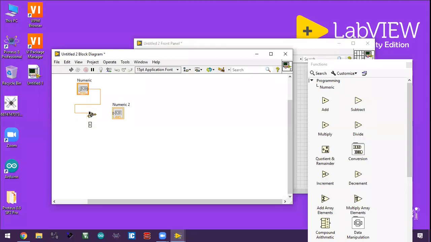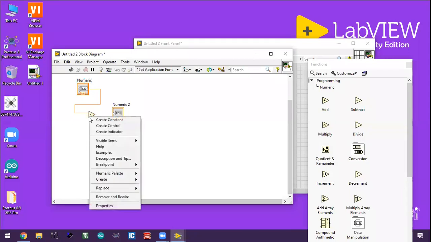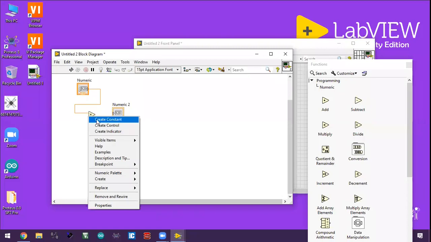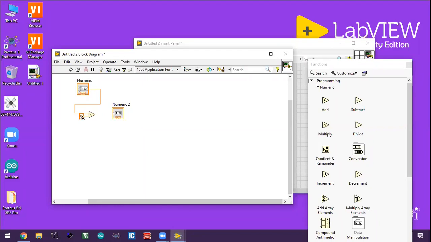That means x is the numeric control, and for y, you can just right click on that particular point and create a constant, because I have to multiply that numeric value with 2. So we can go for it, just clearing this wiring, and now the output is x multiplied by y. It is giving it to numeric indicator 2. So it will be automatically connected.